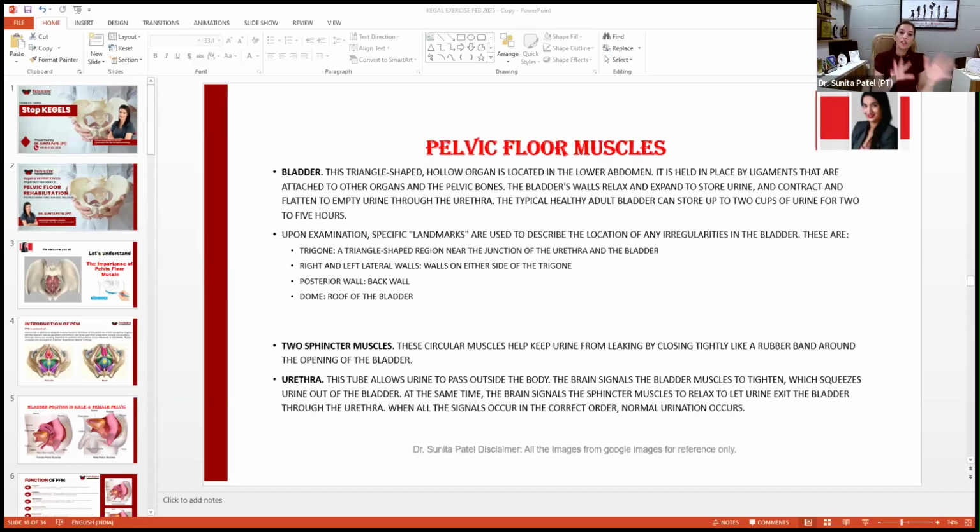Kegels means do these exercises whenever your muscles are weak, and do reverse Kegel when your muscles are tight. It means don't do Kegel, don't do squeezing. Instead of that, do relaxation. You might have heard about the reverse Kegel in pelvic floor rehabilitation for restoring better functioning and wellness in people's lives. And I have given you a brief about the importance of pelvic floor muscles.